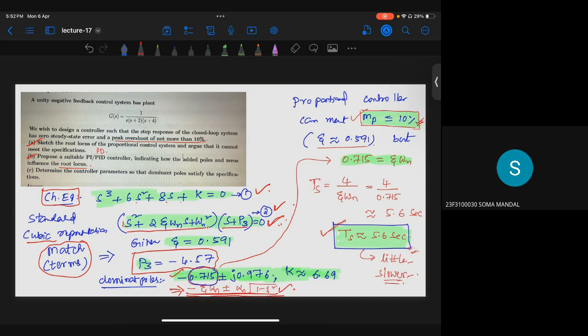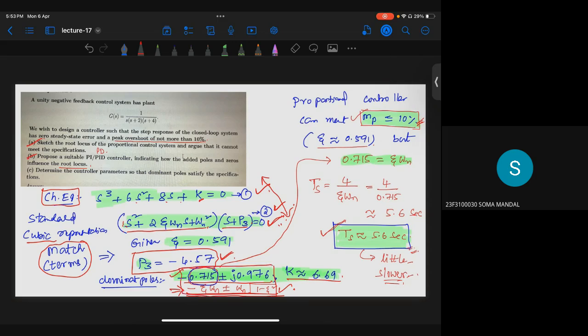Do we have to calculate omega n by comparing 1 and 2? No, if you compare the coefficients of 1 and 2, you will get the value of P3. Once you have P3, for K equal to this value, you will get two more poles. These poles, if you compare here,